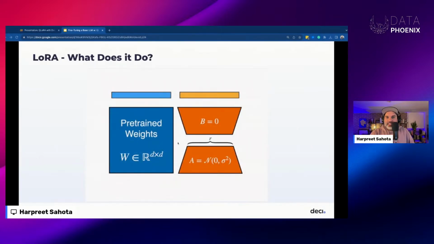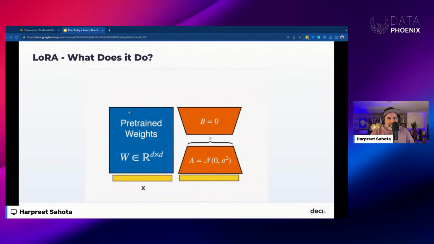The core idea behind LoRA is to model this fine-tuning update that we saw in the previous slide with a low rank decomposition. LoRA leaves the pre-trained layers fixed and frozen, and we inject a trainable rank decomposition matrix into each layer of the model.